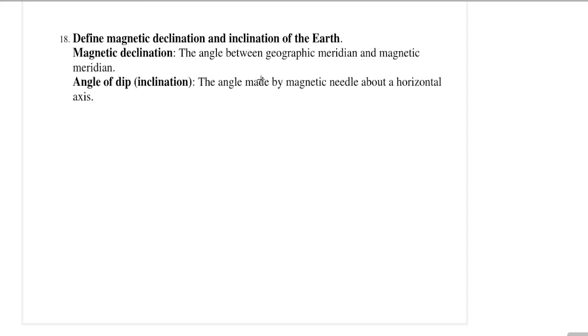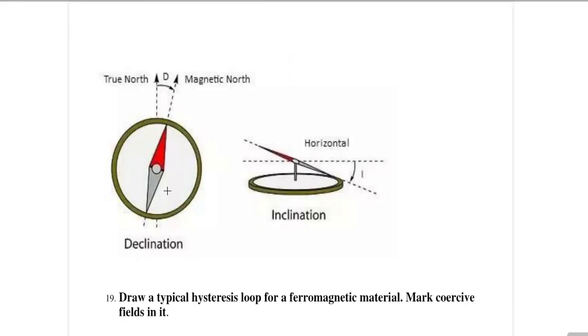Magnetic declination is the angle between the geographic meridian and the magnetic meridian. The second point is the angle of dip. It is the angle made by a magnetic field about the horizontal. Just quickly explain this. As given here, suppose we consider the Earth's surface like this, there are two poles called